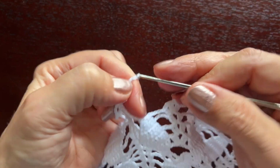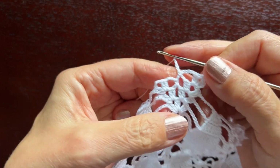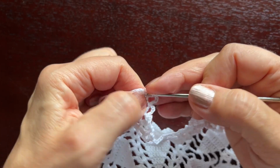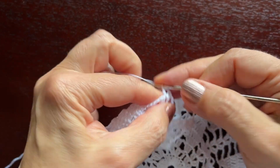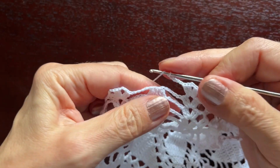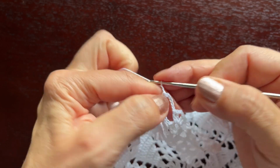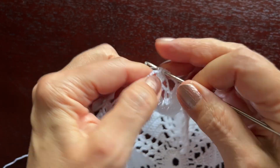we'll make chain 4, a single crochet stitch in chain 3 space, chain 4, a single crochet stitch in the next chain 3 space, chain 4, and another shell. Chain 5, all 3 remaining double crochet stitches together, chain 5, a shell in chain 2 space,